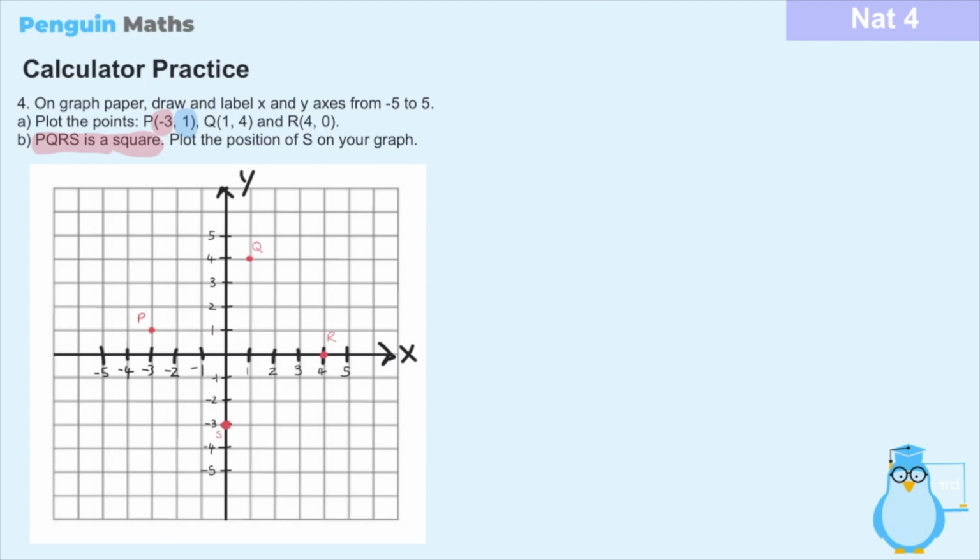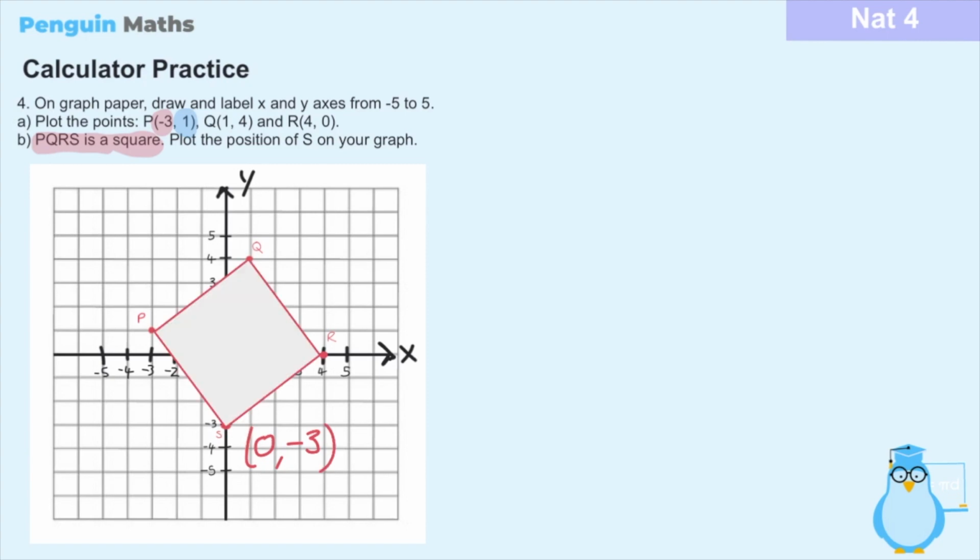So now our 4th point S gives us coordinates of, well, what do we move in the x direction? We don't move anything, we stay on the y-axis, so the x is 0. But we move 1, 2, minus 3 down, so that means the coordinates of this new point S is going to be 0, minus 3. And then we can see that because we plotted the point correctly, these 4 points can be joined together